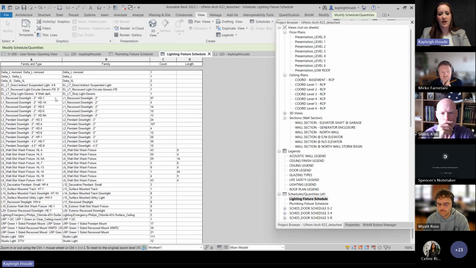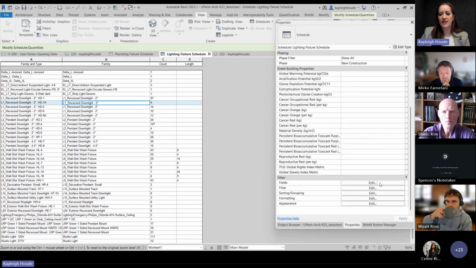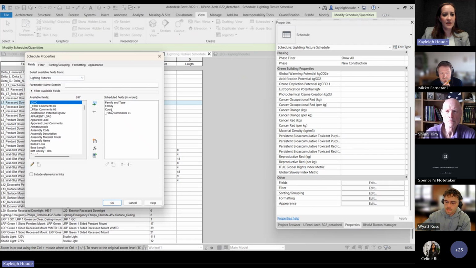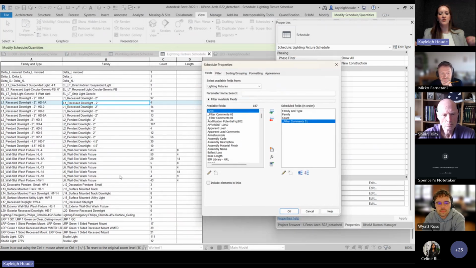Now, under the schedule, I decided that a couple of different parameters mattered, the family and type, and then the family. They're pretty close to each other, but the family and type has that little appendage name in it. And then that count property is also really key here. So just got family type, family, count, and filter comments as well. I found that some of these fixtures actually did not have their length associated with them when they were linears, right?